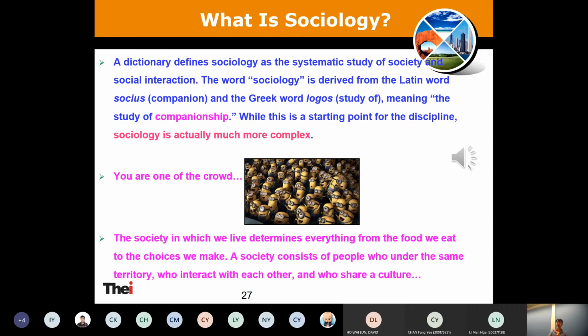Imagine we talk about the difference between South Korea and North Korea. You are one of the crowd. The society in which we live determines everything from the food we eat to the choices we make. A society consists of people who share the same practice, boundary. But when we talk about the interaction among these people,